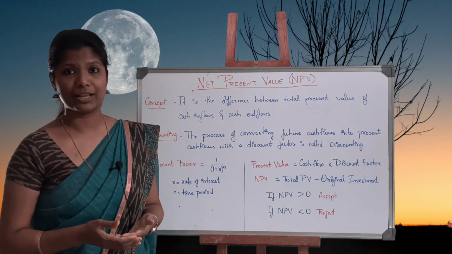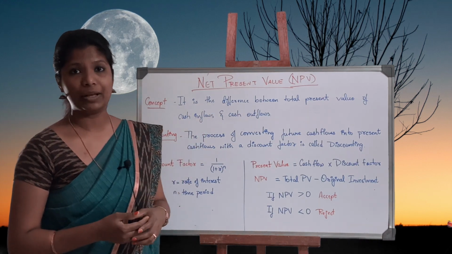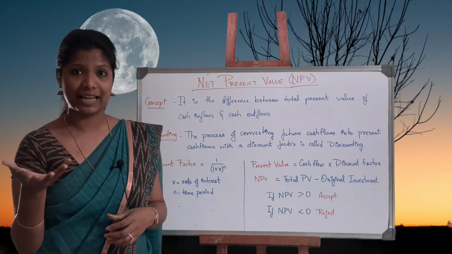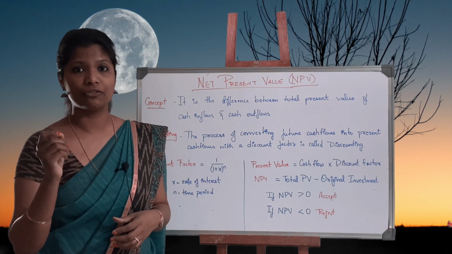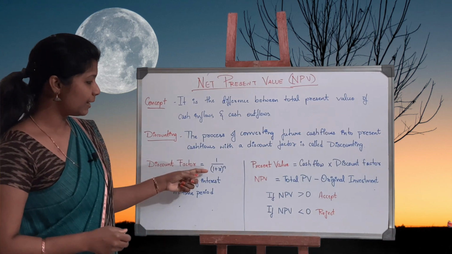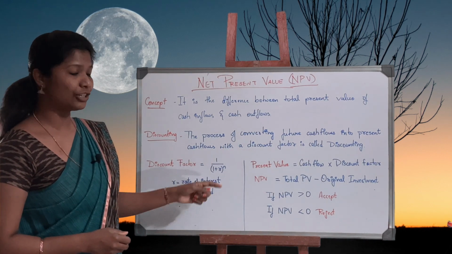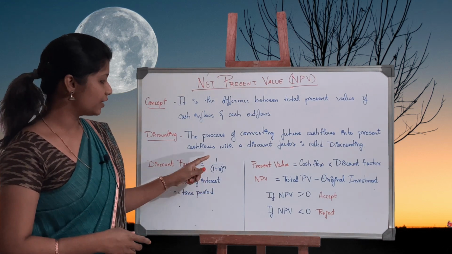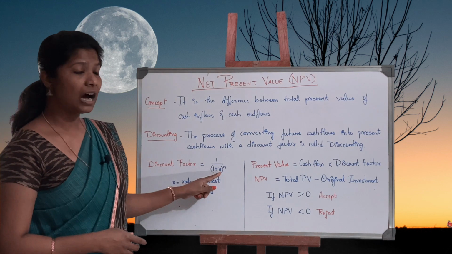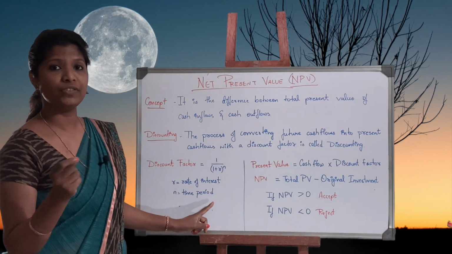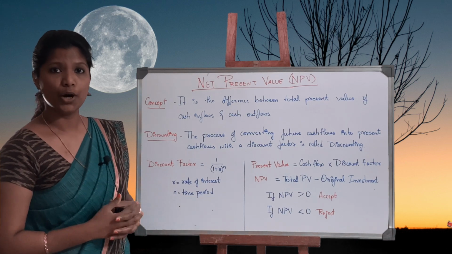Usually in the question they mention to find out the net present value at the rate 10% or the rate 12%, etc. That 12 or 10% mentioned is the discount factor. How do I find out the value for each year? It is 1 divided by (1 plus r) to the power of n. Let's say the discount factor is 10%. Here r is the rate of interest, and n stands for the life of the asset or the time period of the project.